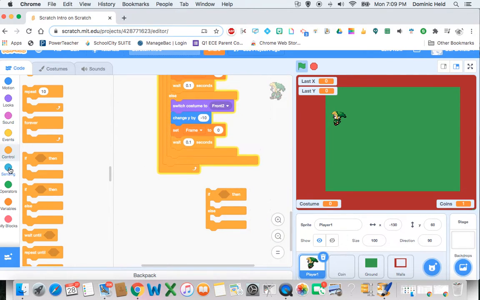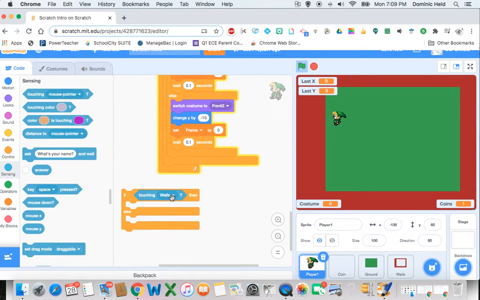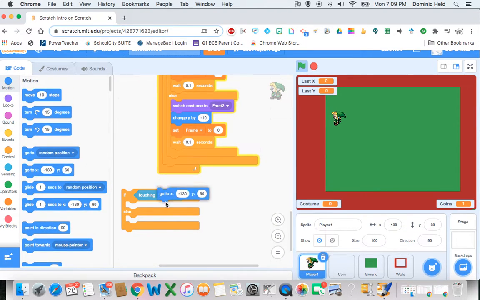Basically, then I'm going to go to sensing and say if I'm touching the walls, and that's why it's important that you name your stuff properly so that we can find it when we code. Naming sprites, naming costumes, it's really important to help you know what you're doing. So if I'm touching the walls, then what I'm going to do is I'm going to go to